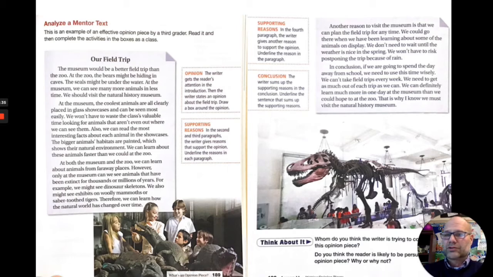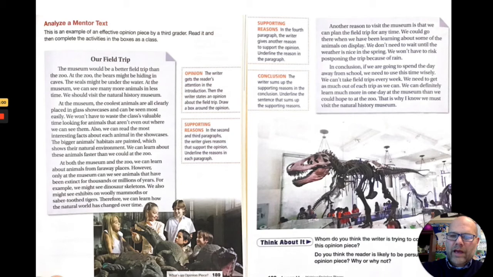Our field trip. The museum would be a better field trip than the zoo. At the zoo, the bears might be hiding in caves, the seals might be under the water. At the museum, we can see many more animals in less time. We should visit the Natural History Museum. At the museum, the coolest animals are all clearly placed in glass showcases and can be seen most easily.